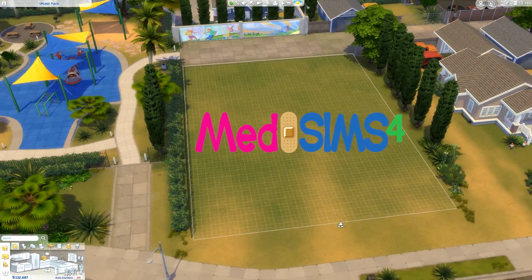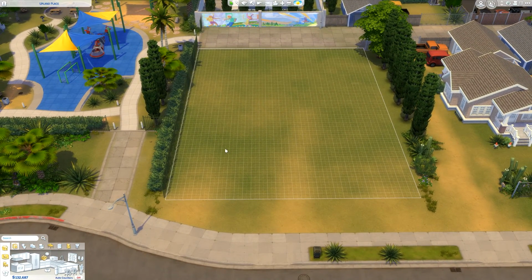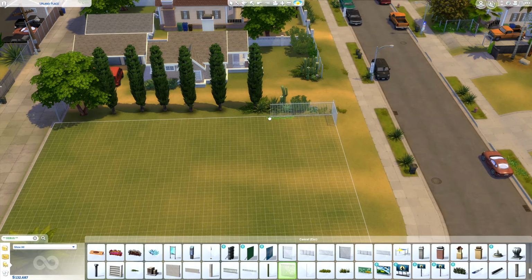So today we are going to build the generation's house that was built at Delzal Valley, that you can get from the Get Famous expansion pack, if I'm not mistaken. I'm sorry, correct me if I'm wrong. And this generation's house has 4 bedrooms, 2 bathrooms, a kitchen, a dining room,